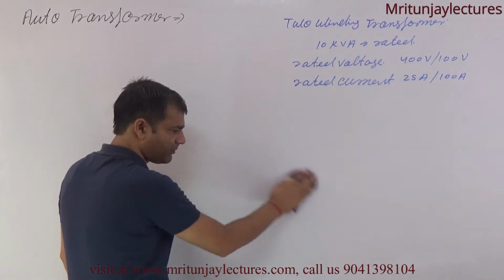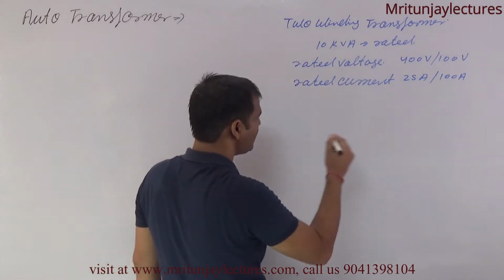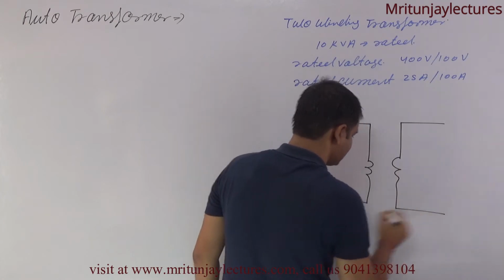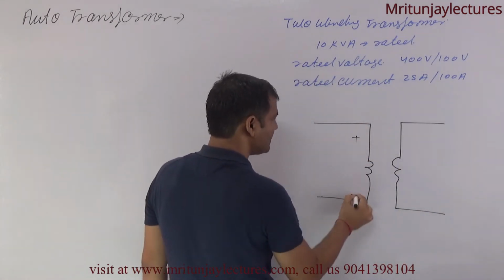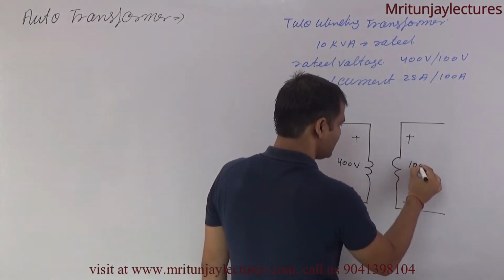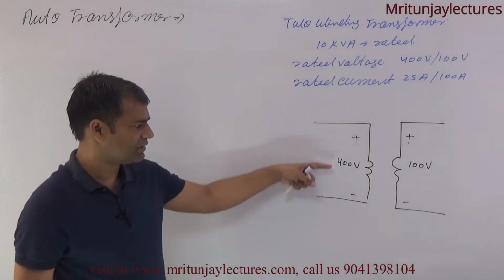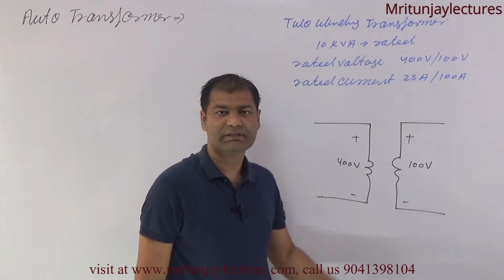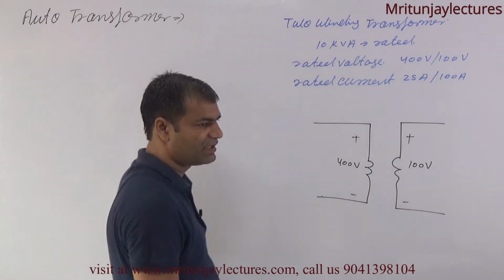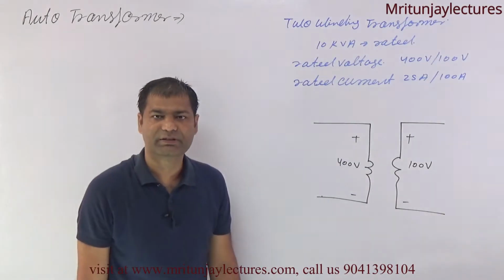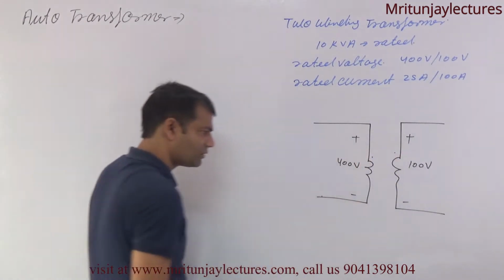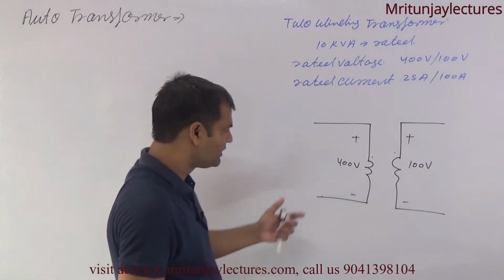Now I know that this is primary side and this is secondary side. Primary side voltage 400 and secondary side voltage is 100 volt. Now what is the direction of current? First of all, what is the direction of the current? I know the concept of dot polarity in network system, already discussed, but we have discussed it in very short form.